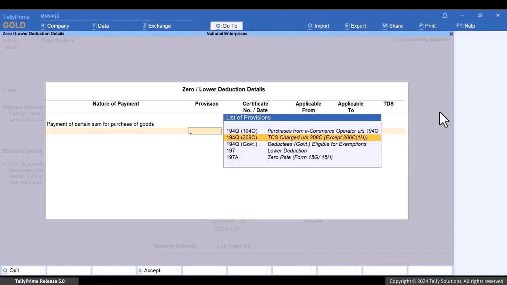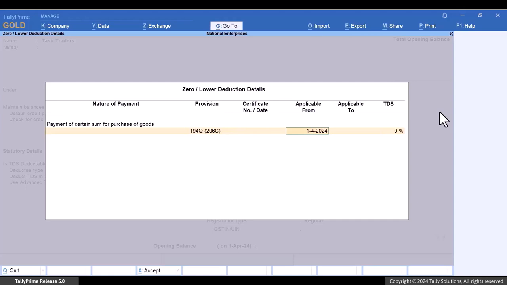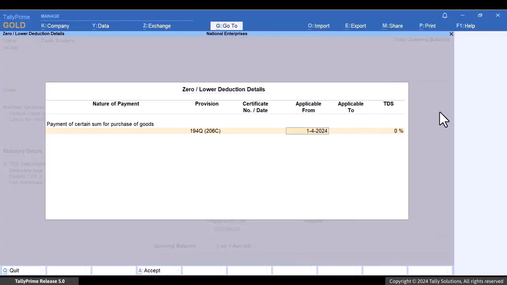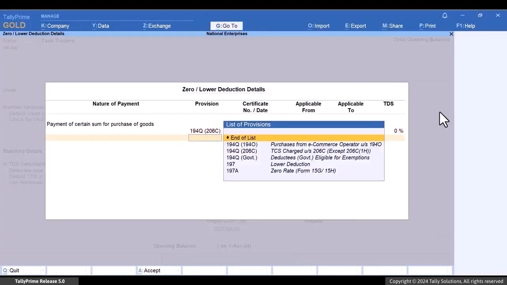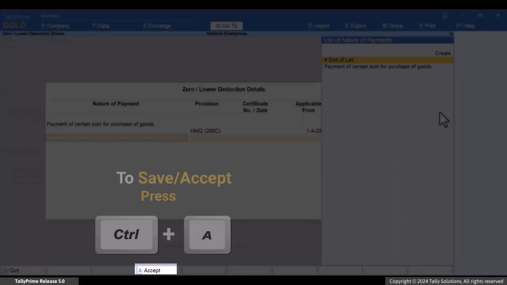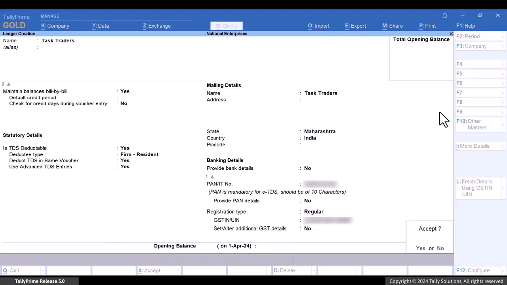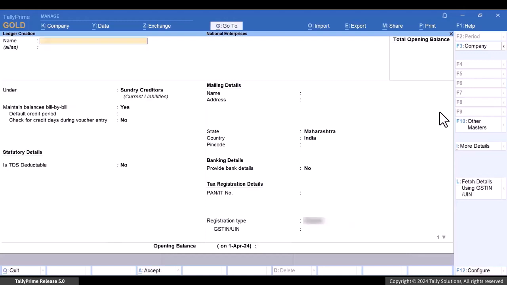Enter other details as required. The TDS rate is prefilled with 0% as TDS is exempted. Press Ctrl A to save the zero lower deduction details. Enter other details in the ledger creation alteration screen as needed. Press Ctrl A to save the party master.